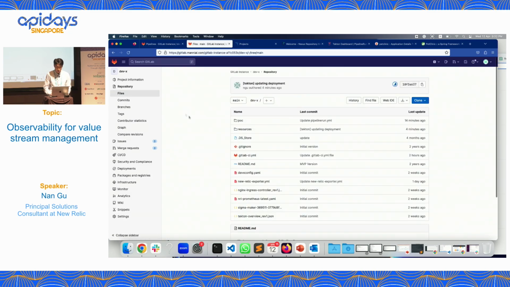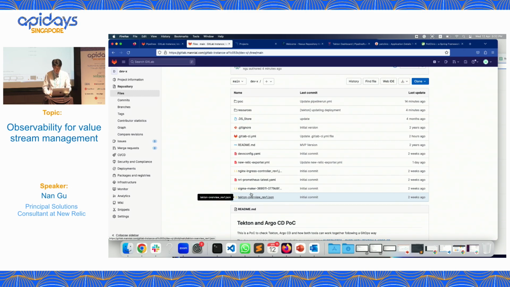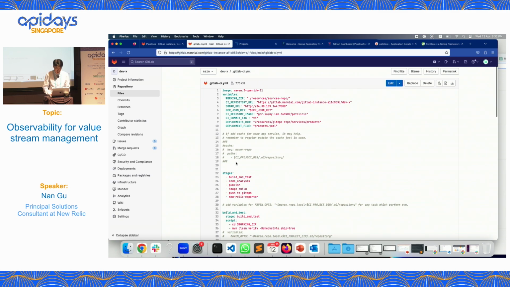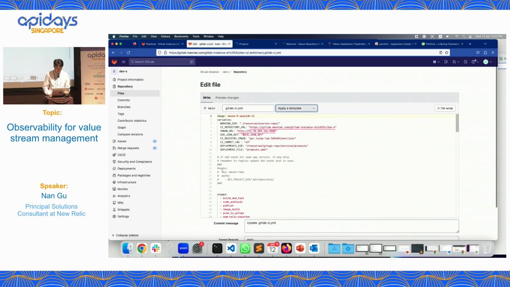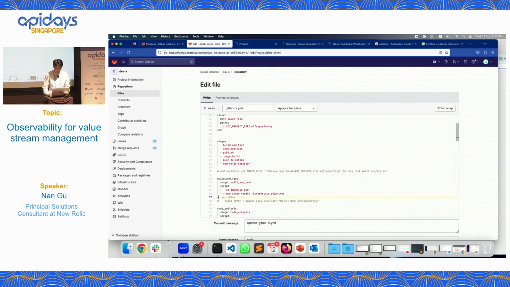Well, everything I have mentioned is in my GitHub, so that you can give it a try. Here is the one. I will just remove the cache. Then this is not a complicated one.